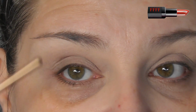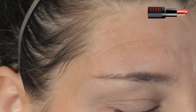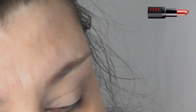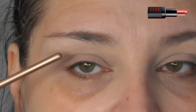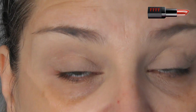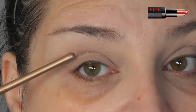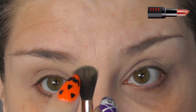Now, this will of course reduce the space between your crease and your brow. Having deep set eyes, I'm lucky I have a lot of space to play with here. If you're finding this is really reducing the space that you have got available to you, my recommendation is as follows. Initially try lifting your brow as high as you can while you're applying the shadow. If this still doesn't give you the kind of space that you want, I always start off with a fluffy brush,